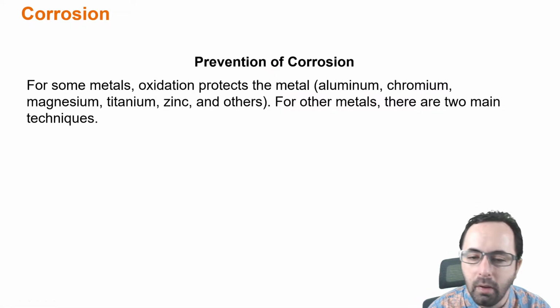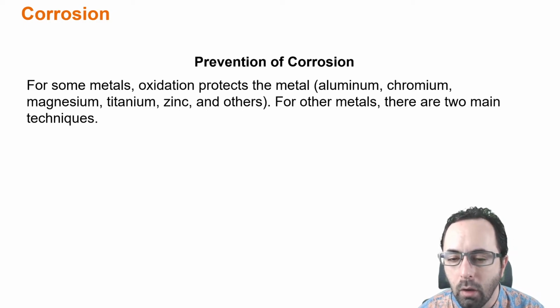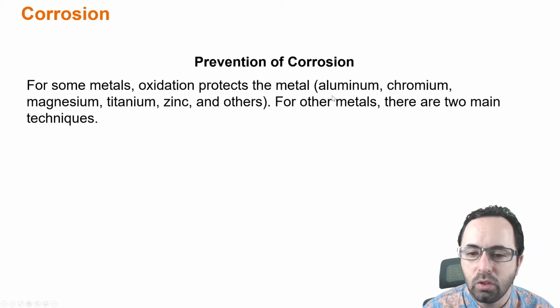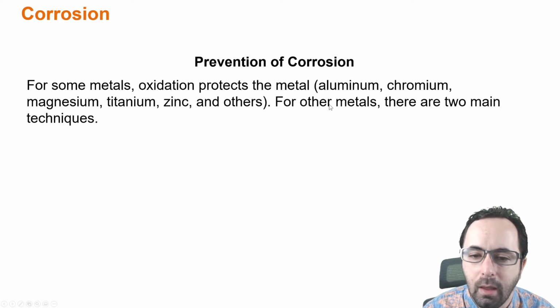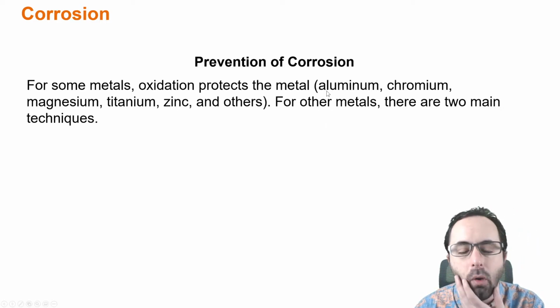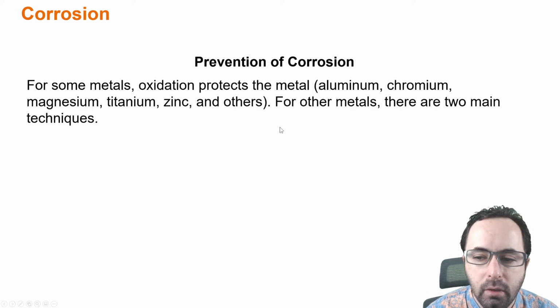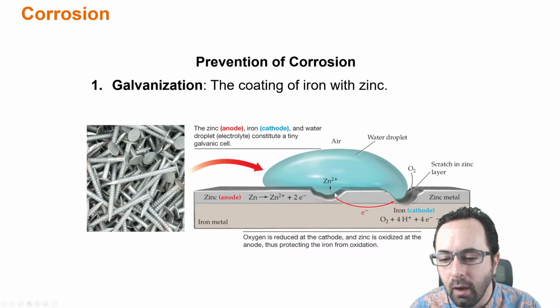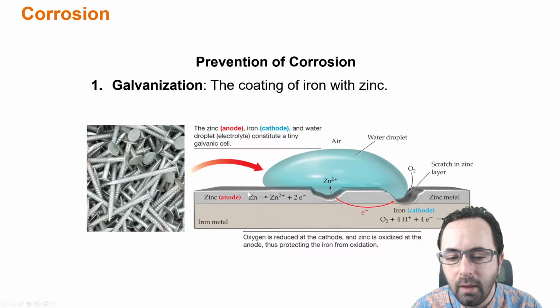So all you have to do to prevent the corrosion of the iron is to put it in electrical contact with an aluminum or magnesium rod, which is generally attached somehow to the outside of the tank, and that rod will be corroded preferentially to the iron. Another strategy is to simply coat the iron with a metal like zinc. Again, zinc is more readily oxidized than iron. And so if you coat the iron with zinc, it will be the zinc that is oxidized as opposed to the iron. And as long as there's some coating of zinc somewhere on the iron,